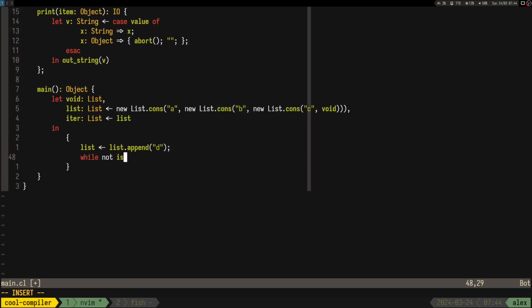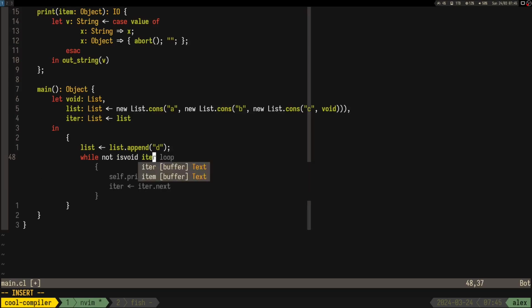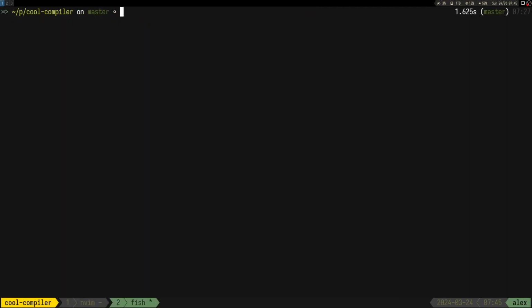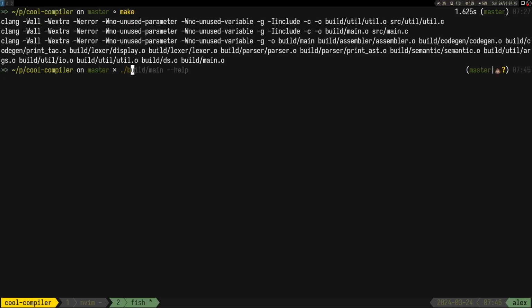Maybe while is void iter loop. Okay, something like this, but here we print iterator item, and here we do that. Yeah, so let's just remake everything,